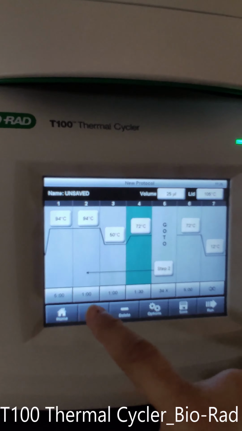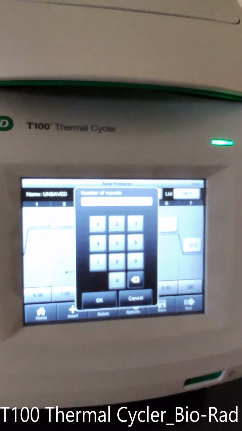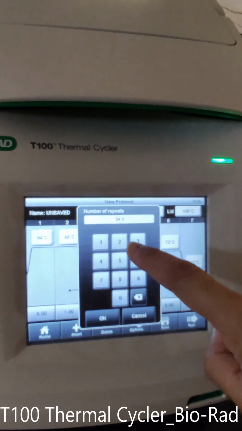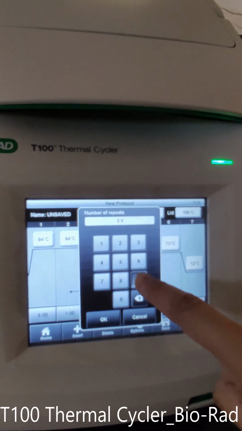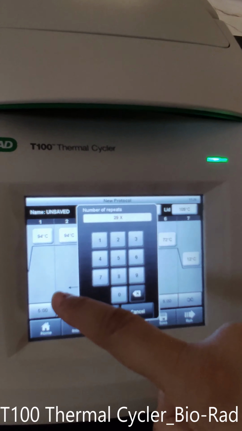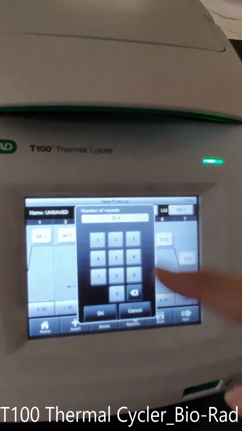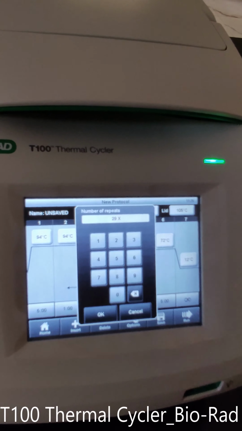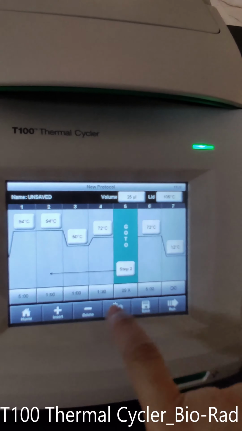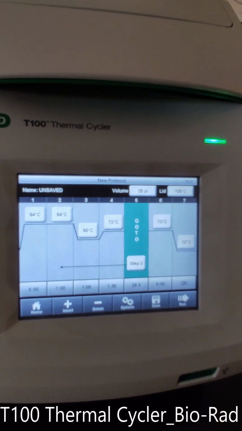If we want to change the number of cycles, for example, if we want to make 30 cycles for the PCR, then we will add the number 29. So one cycle which is already in the display, and the same cycle will go on for 29 times more after this. So now this will total go for 30 cycles.